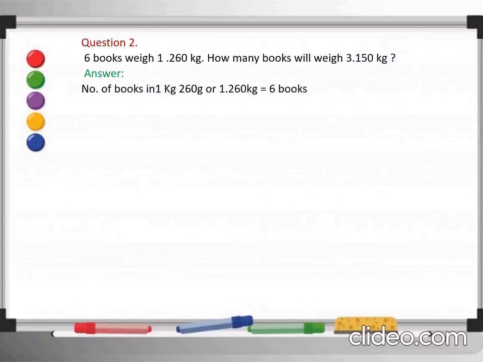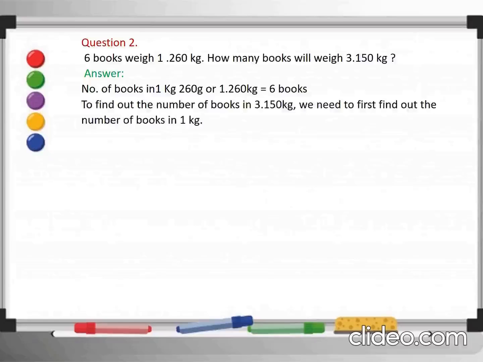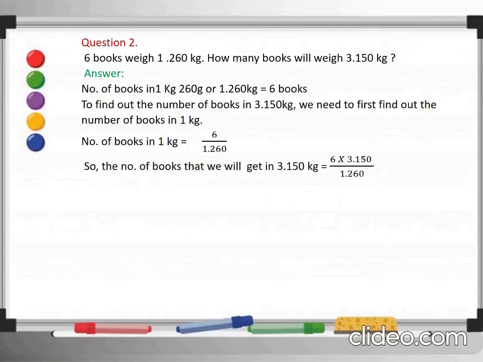To find out the number of books in 3.150 kg, we need to first find out the number of books in 1 kg. So the number of books in 1 kg is equal to 6 upon 1.260. So the number of books that we will get in 3.150 kg is equal to 6 into 3.150 upon